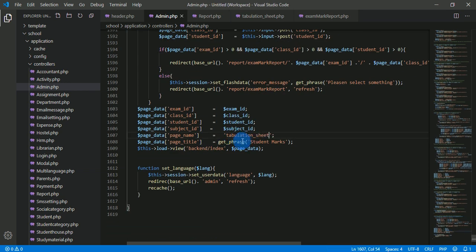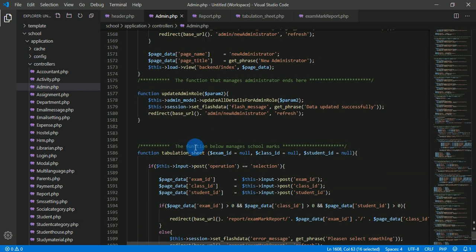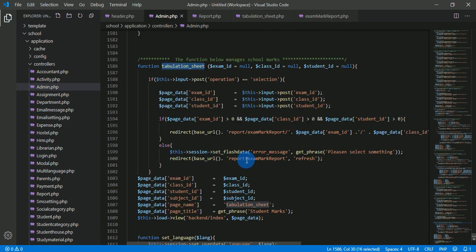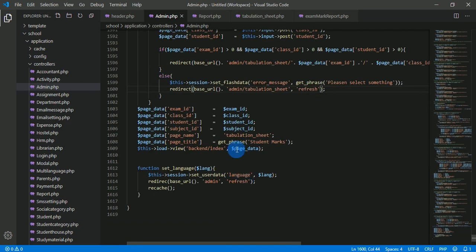You can leave the student marks. And here I want to go to admin and pick this method, tabulation sheet. The same thing goes for the error. Good. So if I save this now